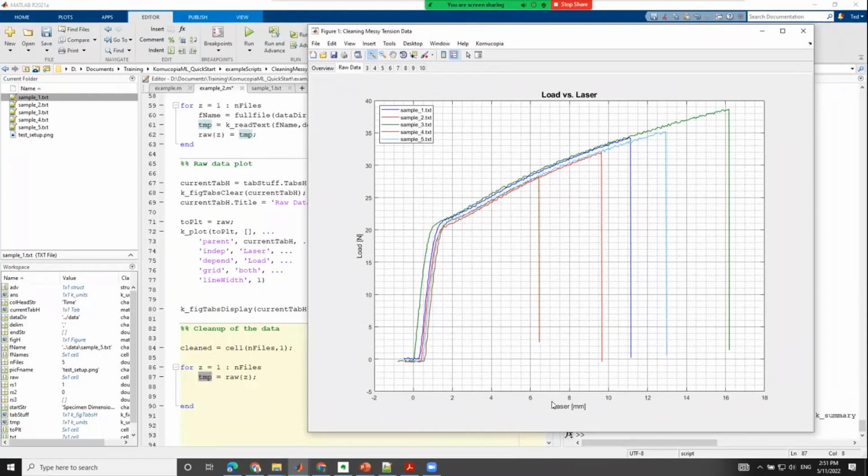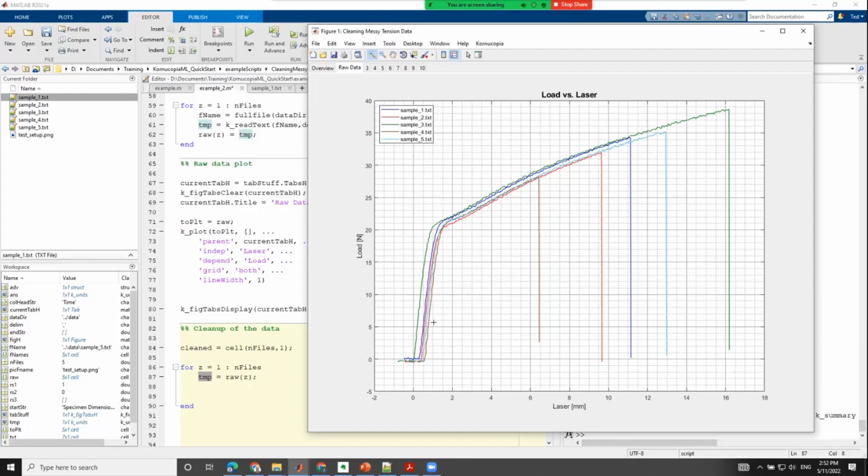What I think we could all agree with is from a load perspective, this is 5 newtons. This dashed line here is 1 newton. If we were to trim this at 1 newton, we would definitely get rid of all this stuff. So that's a reasonable thing to do. Say I want to look at the load axis of the data and trim based on load,